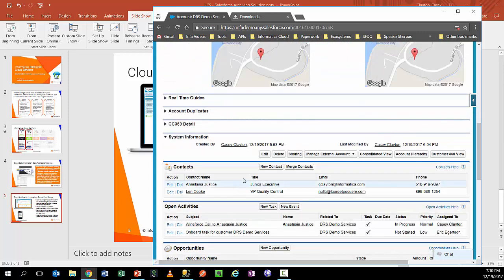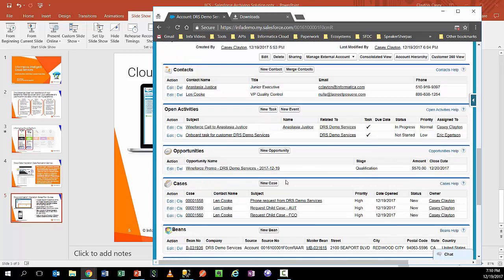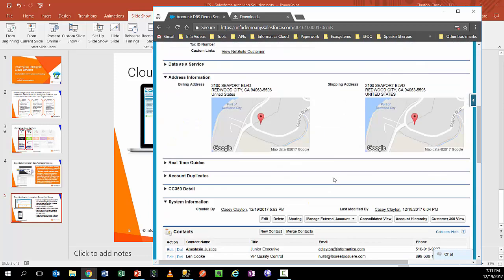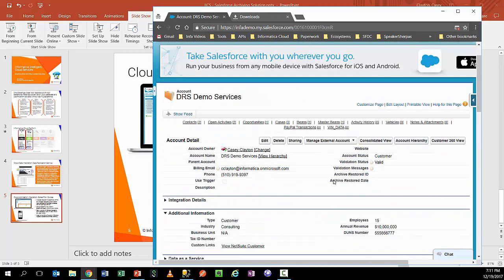We also have a few contacts. We have some activities, opportunities, cases. These are all records related to the account. So what we've done